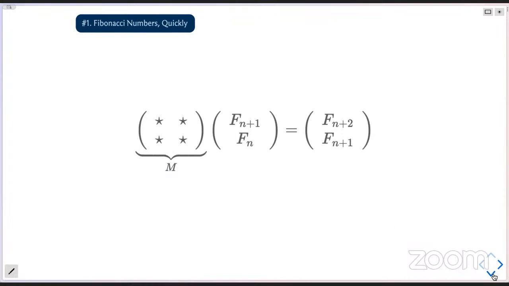But this miniature is about computing Fibonacci numbers quickly, as the title suggests. So our first goal, and this may seem a little out of the blue, but we'll see why this is going to be useful, is to design a 2x2 matrix M, which has the property that when it's applied to this vector, which has some two consecutive Fibonacci numbers, gives us as output the next two Fibonacci numbers, not quite the next two, but at least it extracts the next one from Fn plus 1.